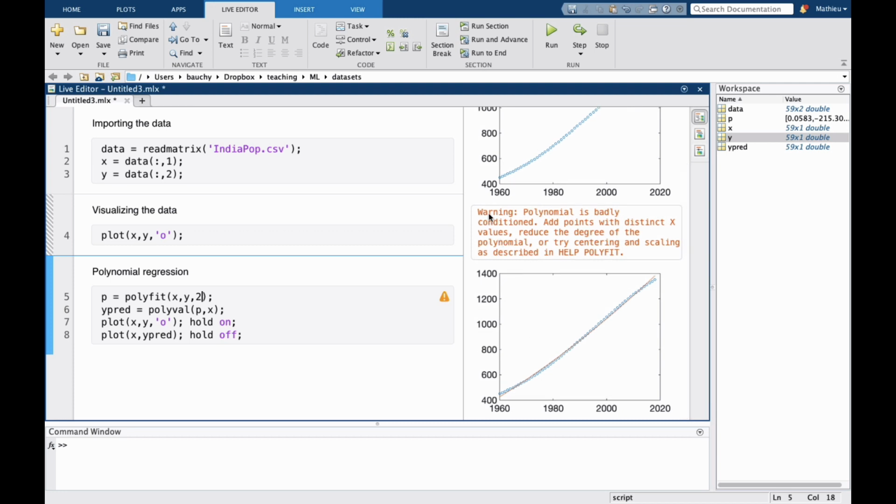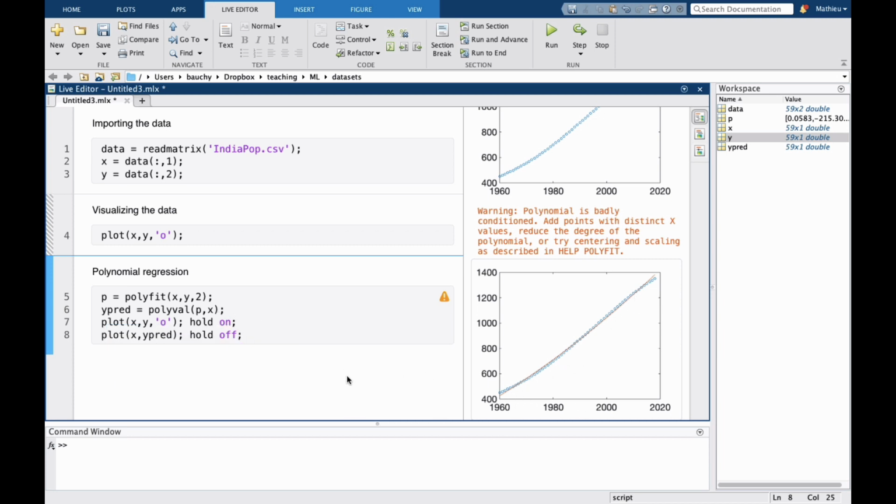You see the warning message from Matlab, which we described last time, which comes from the fact that we have not normalized the data. So we're not going to worry about this just now, but we are going to need to normalize those data in a few minutes. So now if we use a quadratic function, a polynomial degree 2, again we see that